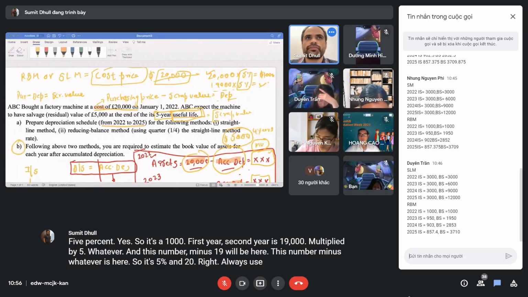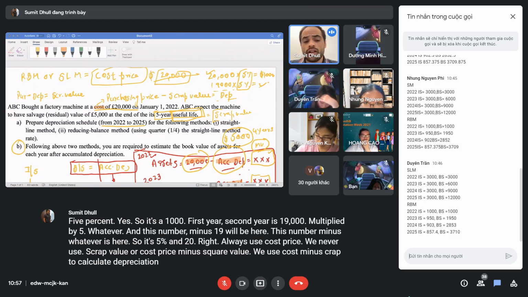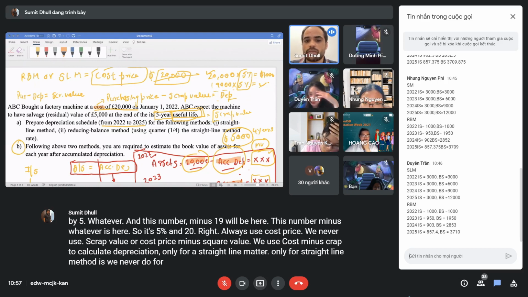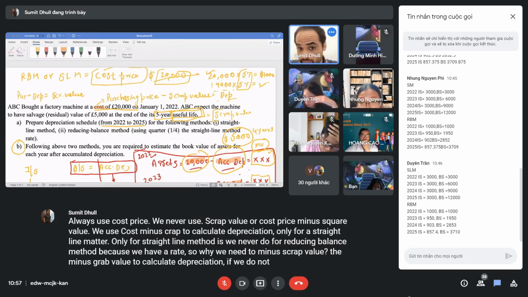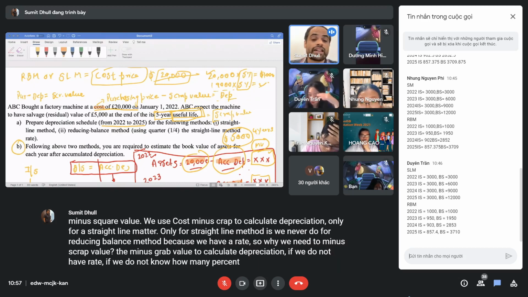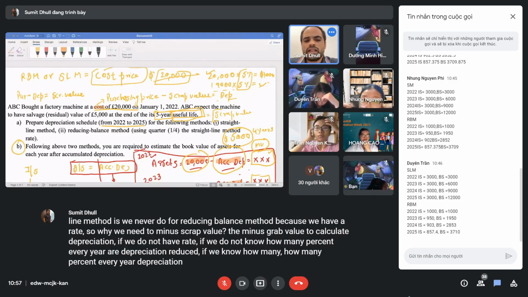Always use cost price. We never use scrap value or cost price minus scrap value for reducing balance. We use cost minus scrap to calculate depreciation only for the straight line method, never for the reducing balance method, because there we have a rate. So why would we need to subtract scrap value? We subtract scrap value to calculate depreciation if we do not have a rate, if we do not know how many percent our depreciation reduces every year. If we know how many percent it reduces every year, then we don't have to go through the straight